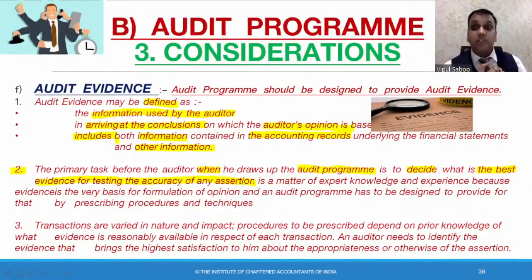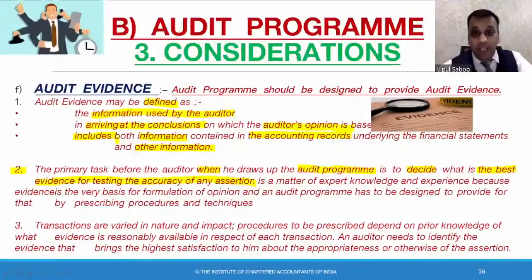The third assertion is completeness. What does completeness mean? Whether the purchase has been made in complete as on 31st, the year end. We have received 15 cars and 5 cars will be received in the next month, in the next year. Valuation and allocation is the fourth assertion with respect to the cars. How have they been valued? Have you purchased new cars or used cars? What is the basis of the valuation of those cars? So these are the assertions.